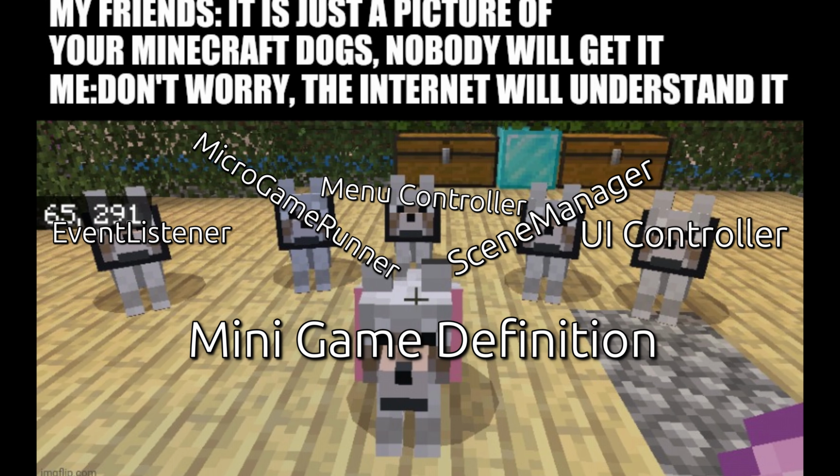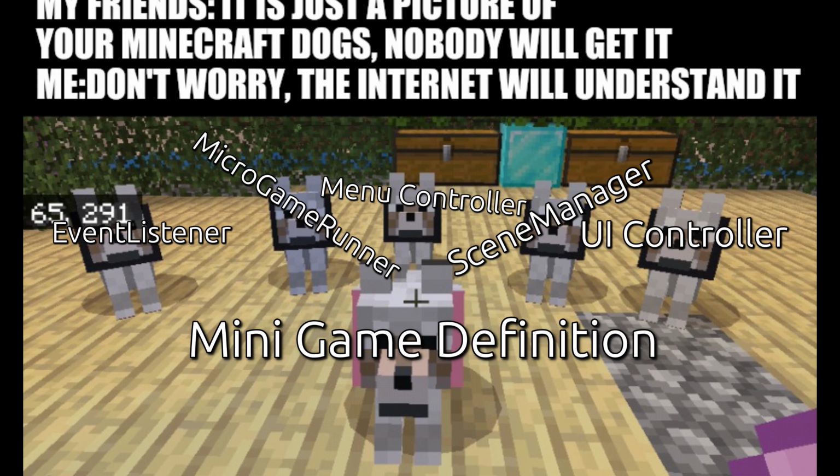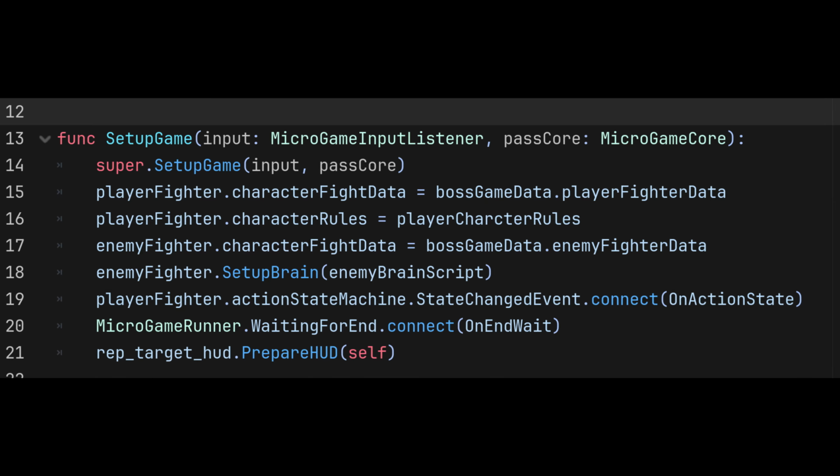After all the big bad systems are done with the poor little used up definition, its scene is loaded and